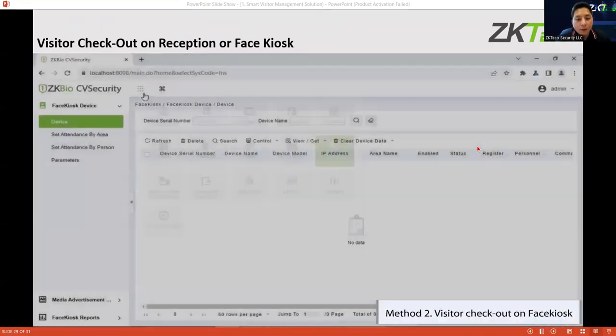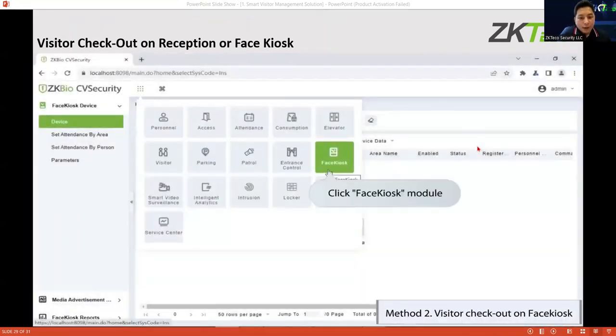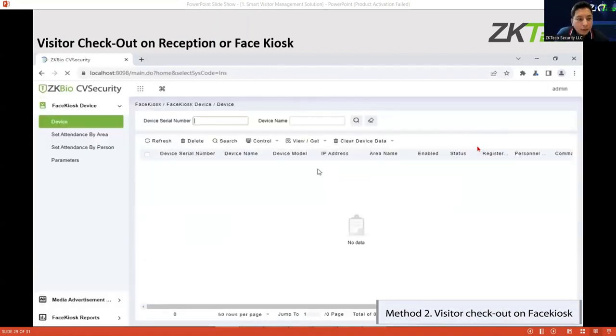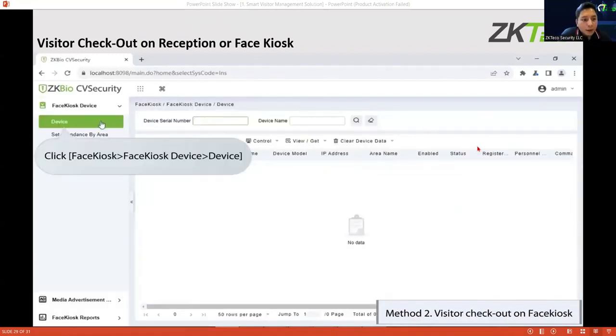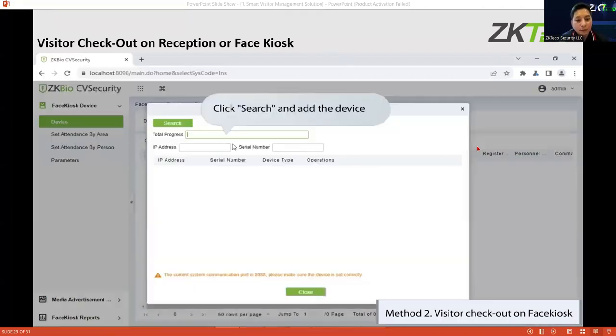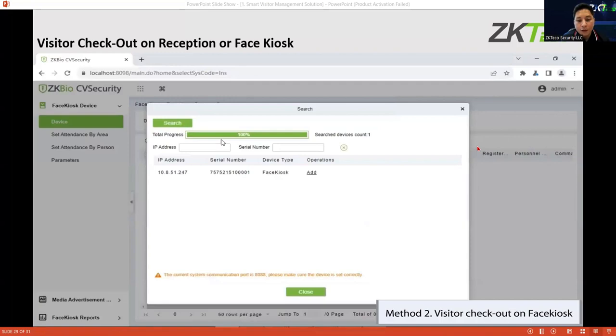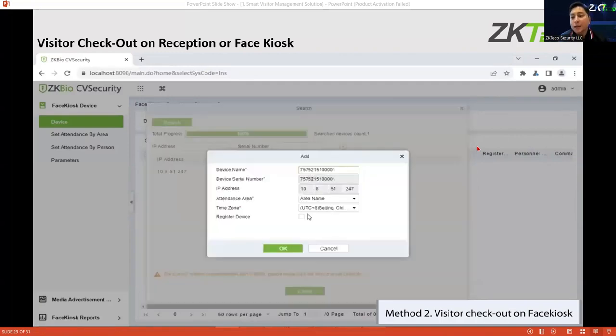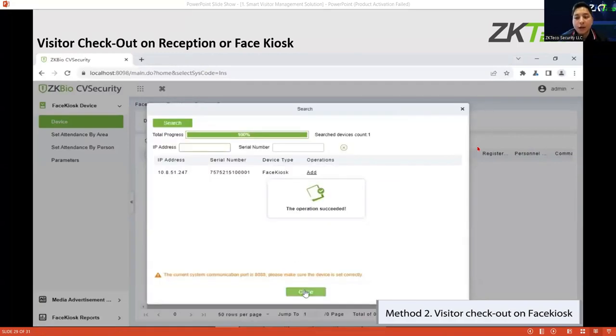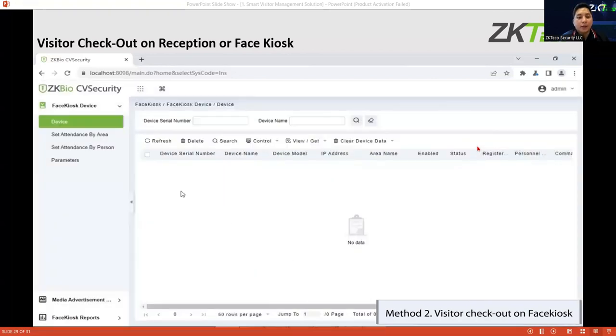Method number 2, using a face kiosk. Go to face kiosk management so that you can add the face kiosk that is installed in the building.